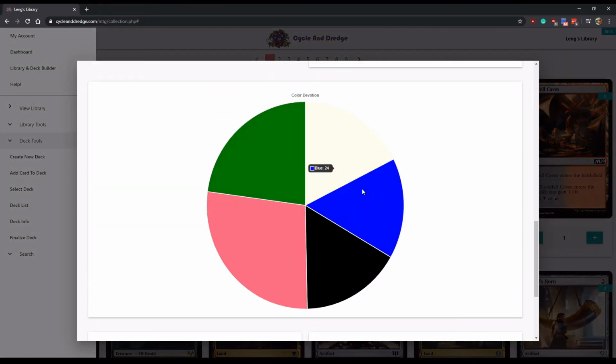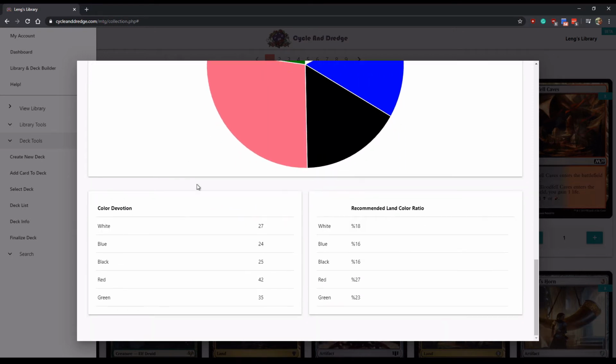It's going to show you the pie chart for the different colors, or your color devotion. And then we're going to show color devotion recommended land ratio. Color devotion is a little bit different and weird. So instead of showing the amount of cards with a color identity, in this case, it's actually counting the total pips of that color identity and doing it that way. And we found that this is a better way because, say you have